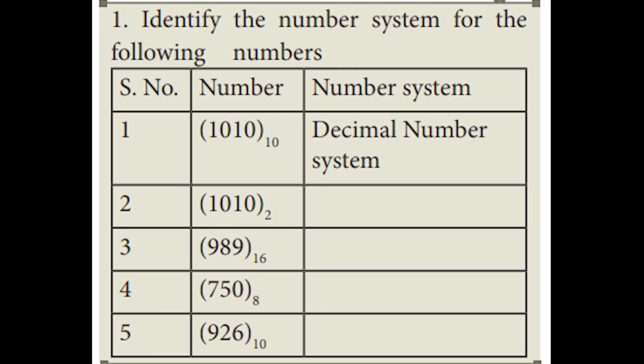From the base itself, you will be able to find what number system it is. And I suggest you find the decimal value for these. Here they have asked only to identify the number system for the following numbers, but I have given you the idea to change to the decimal value. Under each heading we have seen an example to find the decimal equivalent, so in that way you can find the decimal value. On page number 17 they have given 5 questions. You just find the number system first.